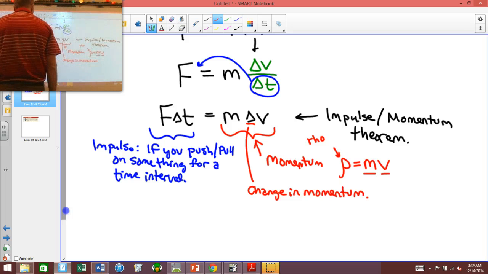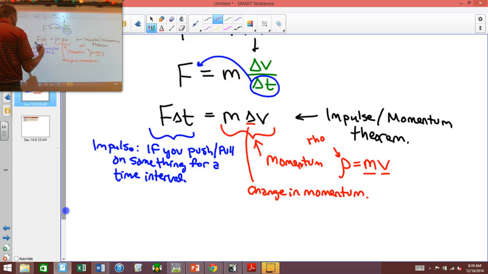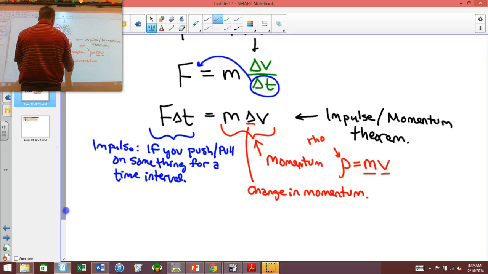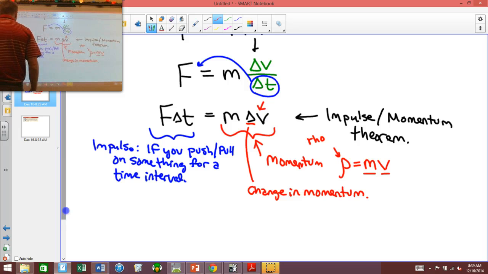And this is what this equation is saying, that if you push or pull on somebody for a certain amount of time, you're going to change their momentum. You're either going to slow them down or speed them up. And that's what this right here says. Impulse momentum. So there's a lot of really interesting applications of this where if you keep certain things